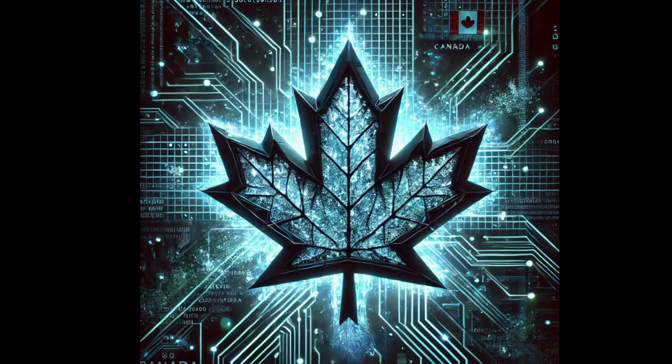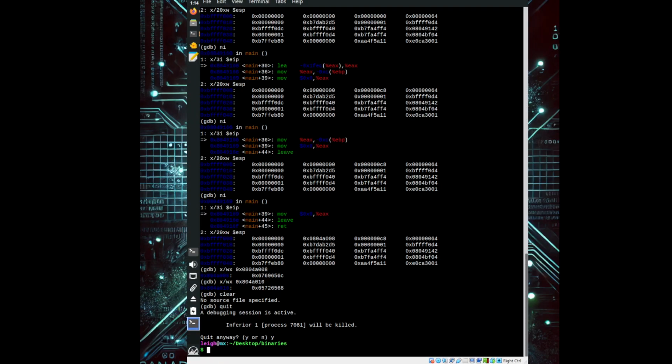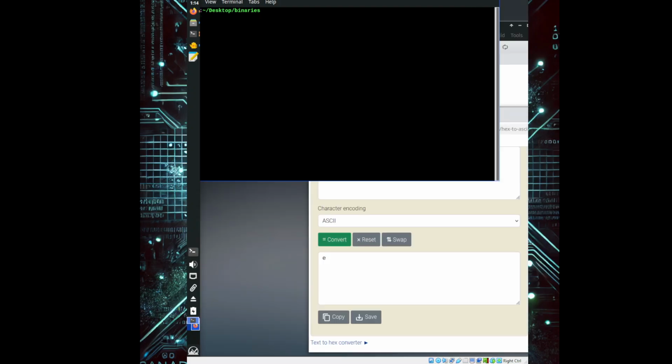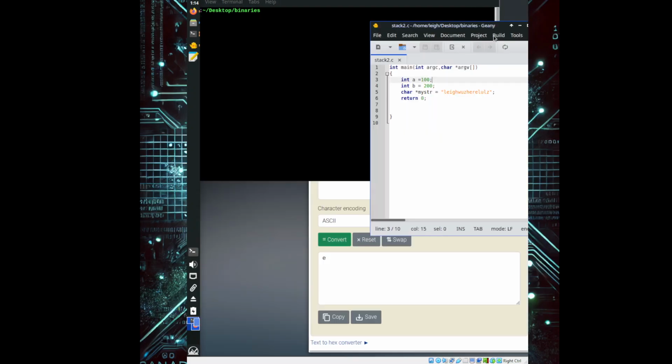Let me just haul up my Linux. I'm going to take you through another stack demystified video. So, what we will do is take this small C program I wrote the other day. Basically, it has argument count, argument vector, int A, int B, character string, "Lee was here lols", and this time I made the string bigger because I want to show you the difference